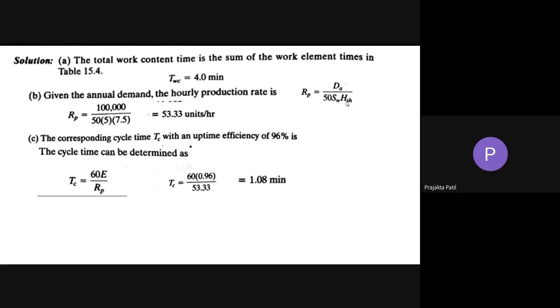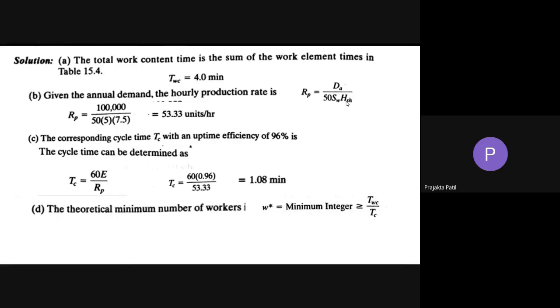Next is the theoretical minimum number of workers required on the line. There was an equation given for this also. It is W star. Since this is mentioned as the theoretical minimum number of workers, the equation has to be this only. There is one more equation for the number of workers, W equals workload upon available time.